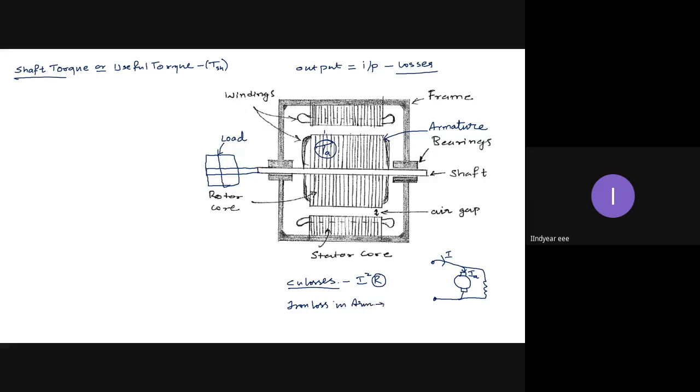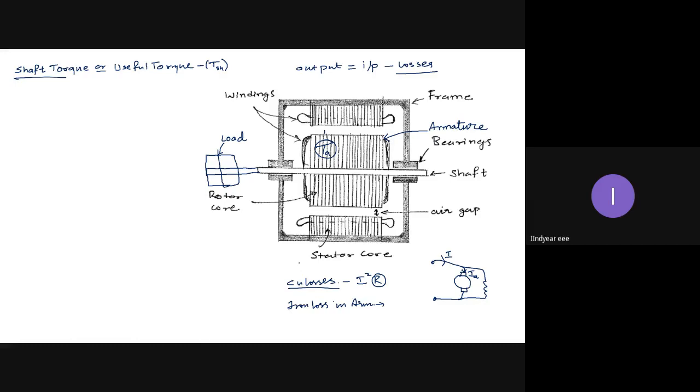See, iron losses will occur only in AC systems. In DC systems, iron losses will not occur. But we know the current and voltage in the armature are AC. Okay? Behind the commutator, it is AC. Beyond the commutator, it is DC. So therefore, armatures are carrying alternating currents. Therefore, iron losses will occur in armature.